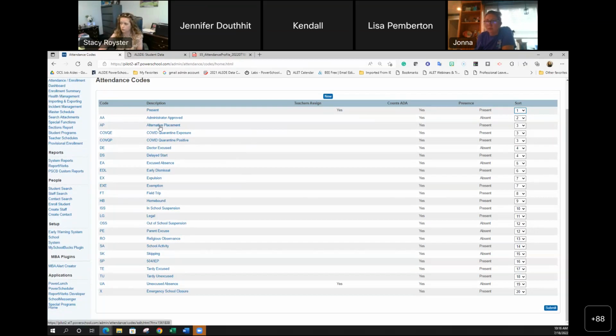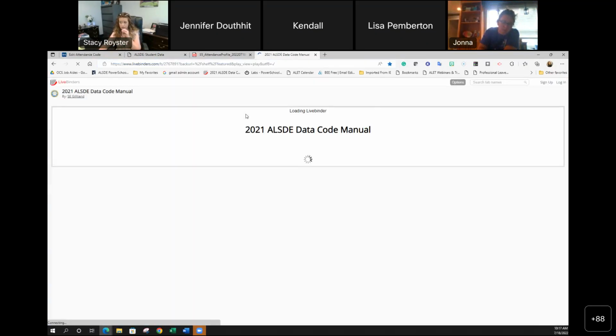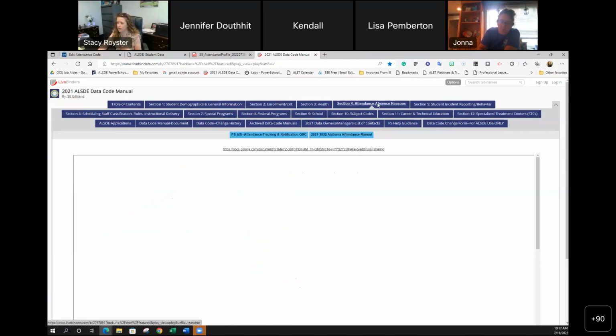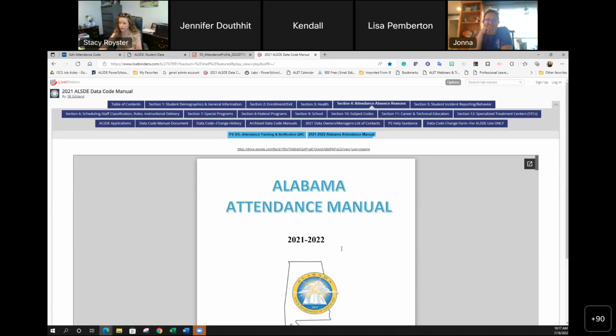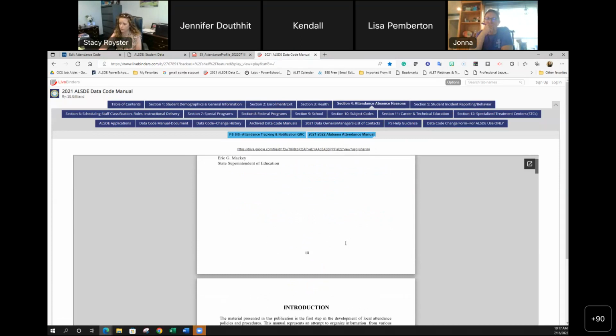So if I were to click into one, I'm just going to click into alternative placement. This is the setting behind the scenes. All of these settings are listed in the attendance manual. I want to show you this attendance manual so you'll see why all of these are checked the way that they are. If you've never seen the data code manual, this is how you know all the codes and their definitions and what they are at the State Department. So I want to go look at the attendance and absence reasons section because there is a link in here to the attendance manual. In this attendance manual, which still is in effect, even though it says 21-22, at the end of it, I'm going to scroll,